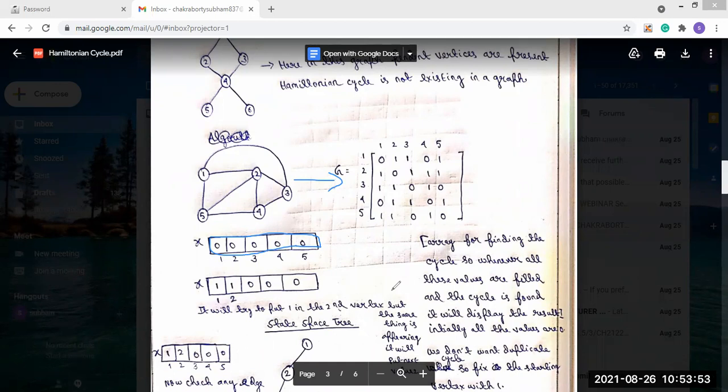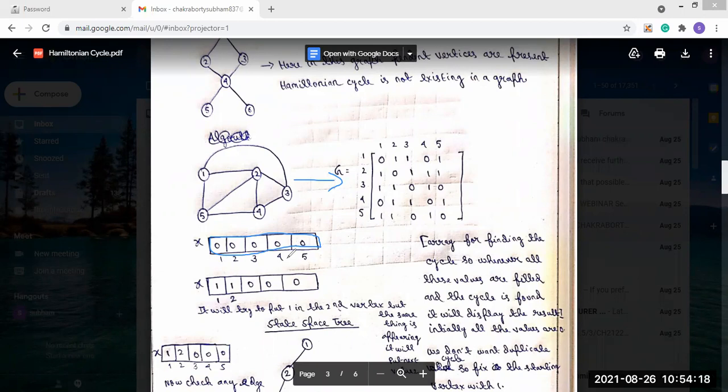So 5 vertices, 5 indices, all containing 0 initially, and whenever all the indices have some value, we say that the cycle is found.